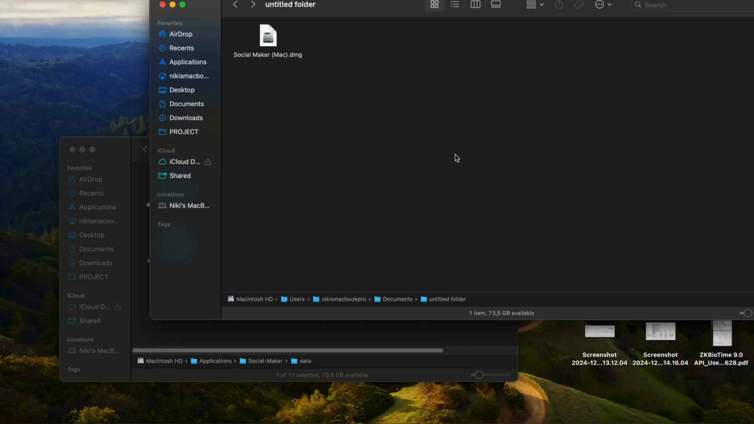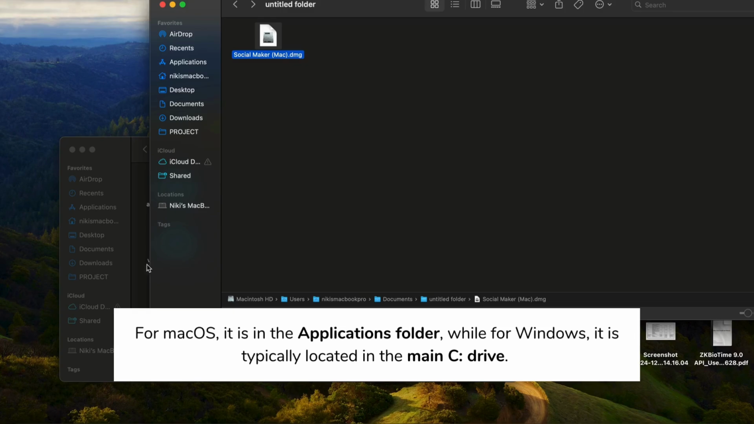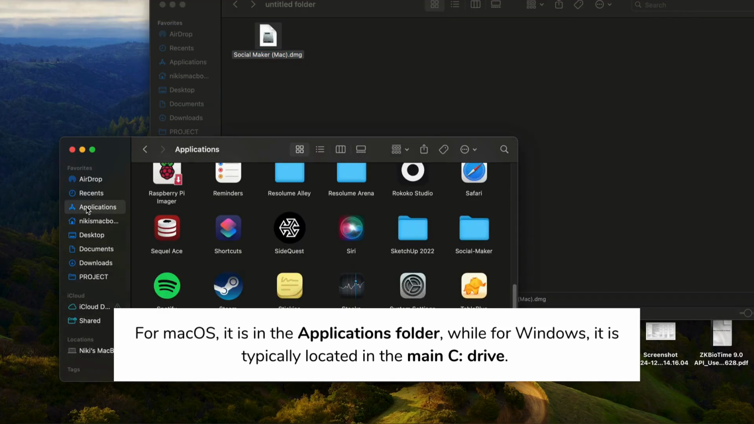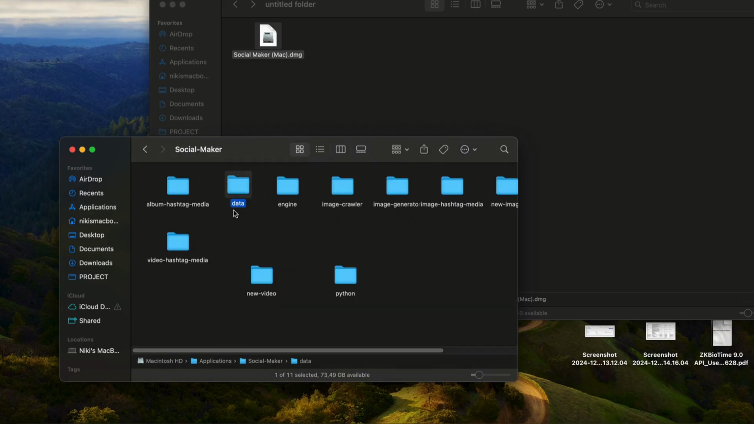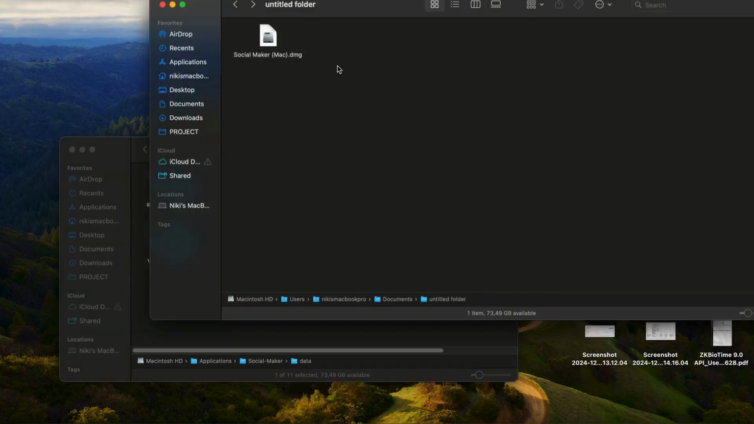After downloading, locate the Social Maker installation folder on your system. For Mac OS, it is in the Applications folder, while for Windows, it is typically located in the main C drive. Inside the folder, find the Data folder, copy it, and store it in a safe location to back up